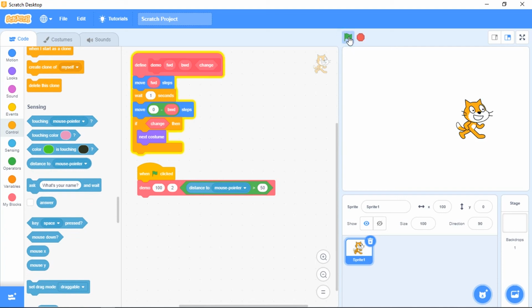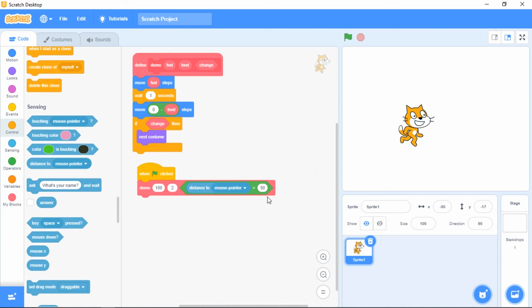Now check. Yeah, next costume it's been changed, because the distance to the pointer is greater than 50. That's why it is changing to the next costume.